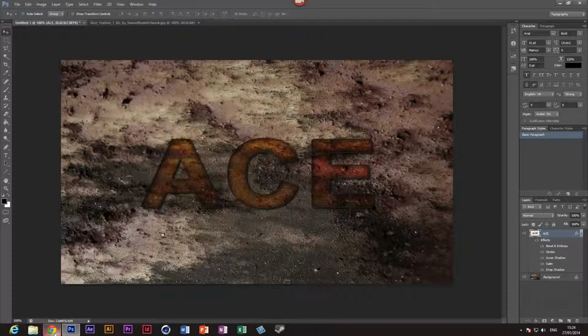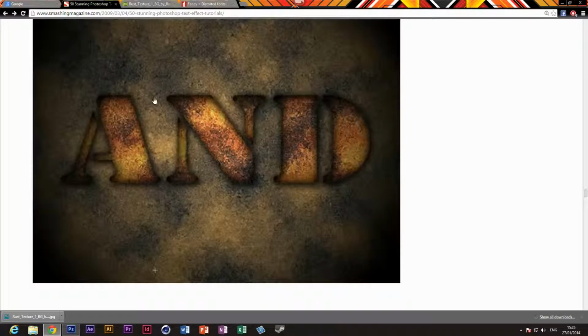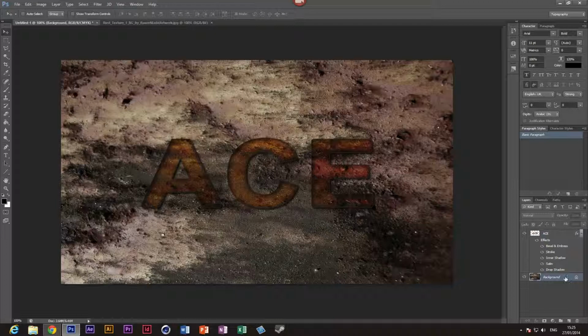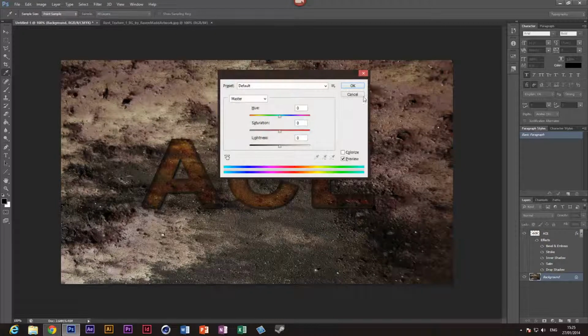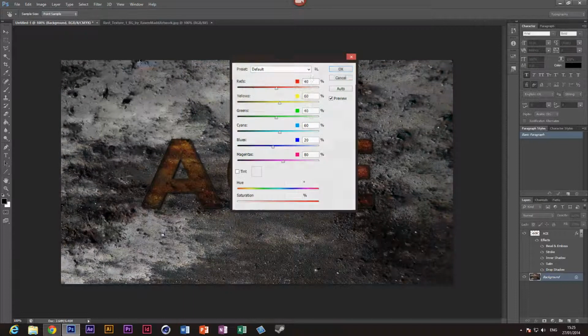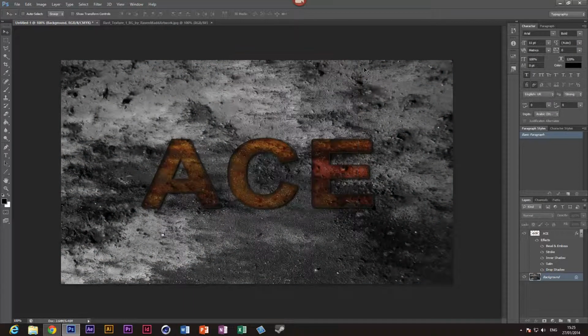So if you see, for an example, an effect with a background and the text is only showing the color like this, that's what you want. I reckon I could have made this, wait, to image adjustments like this. So if I change that to black and white, that only shows the color, and it really looks like that. So anyway guys, I hope that you like this tutorial,